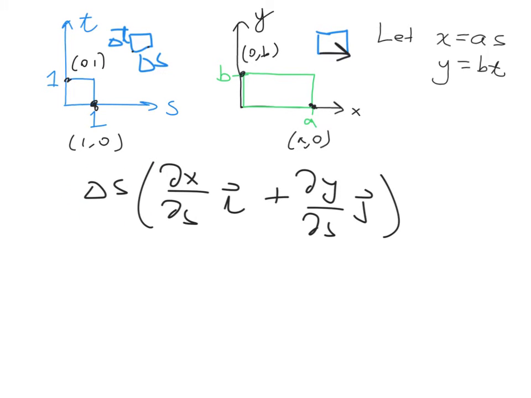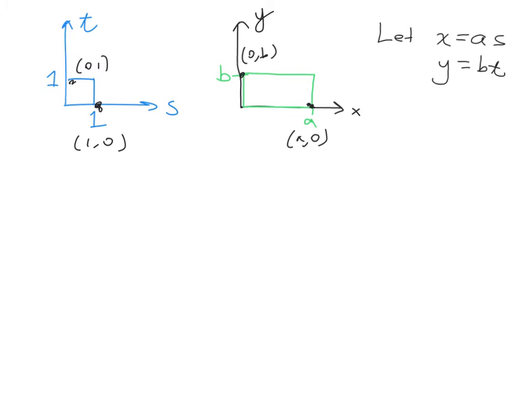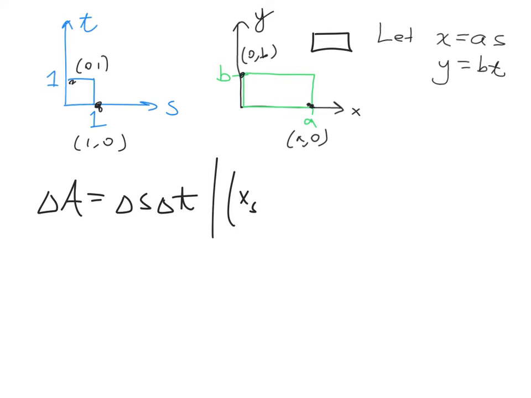And we can find a similar vector for a change of delta t, and so that will be delta t times the rate of change of the x-coordinate with respect to t in the i direction, plus the rate of change of the y-coordinate with respect to t in the j direction. And if you recall from polar, the way that we found the area of this box was to take the cross product of these two vectors. Specifically, the area element of this new box over here will be the magnitude of the cross product, and that is the change in s times the change in t times the magnitude of